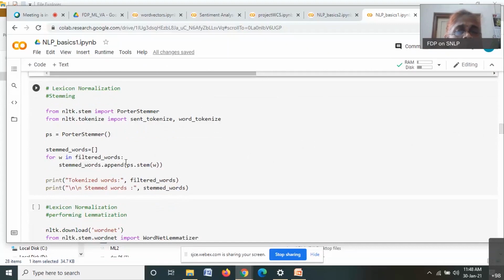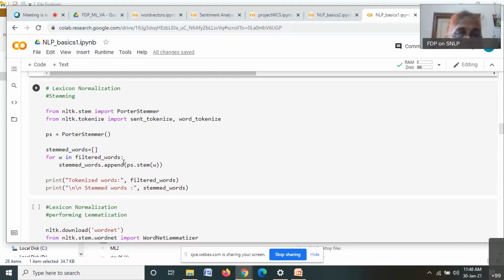What do you mean by a stemmer here? A stemmer is nothing but a list of rules. It says that if this is a suffix, you remove the suffix. In English there are prominent suffixes like, for example, ing and tion. Ing is like doing, so it ends with ing.